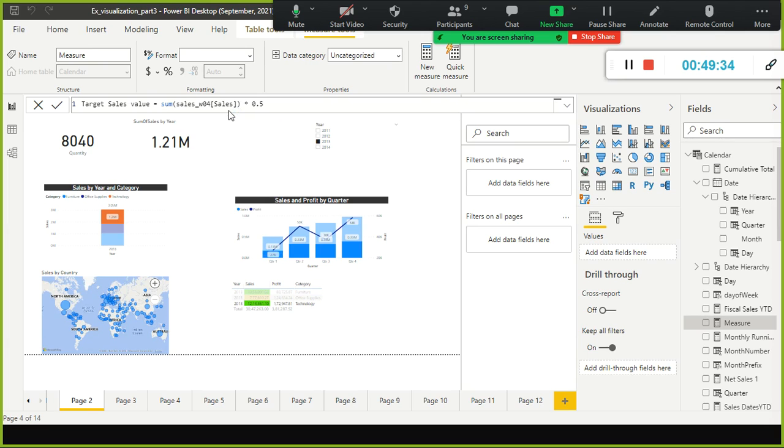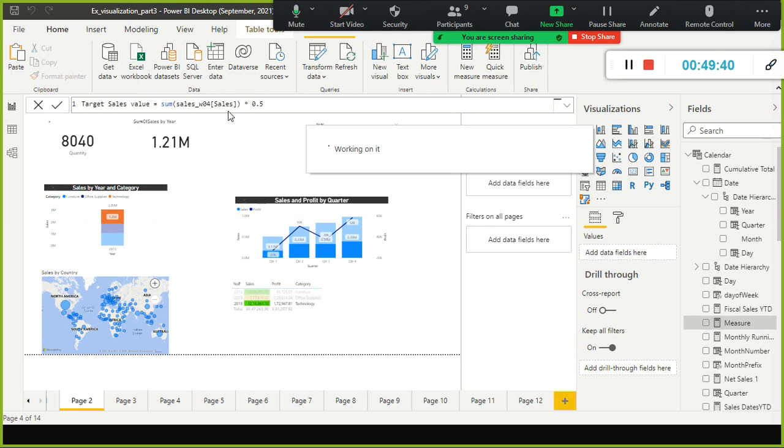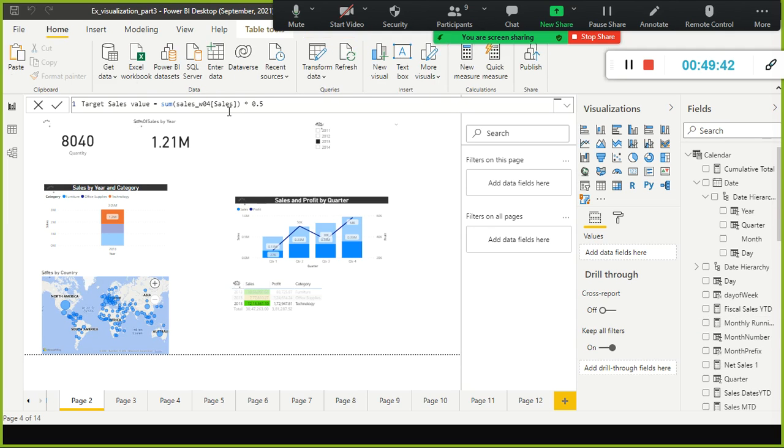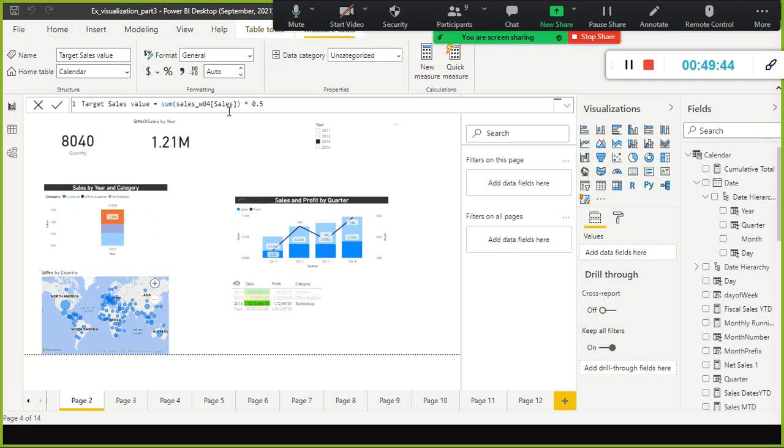Something like that. So this is the target. So where are we standing? Are we on track with the target, whatever we set, or are we falling behind? So this is the target sales.